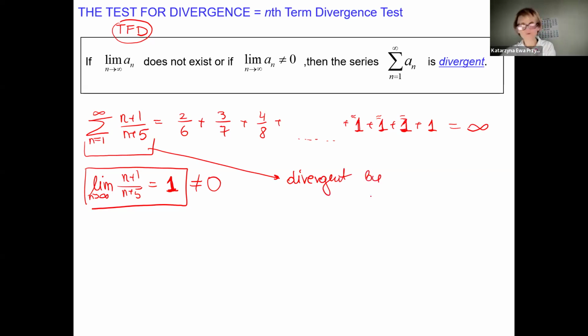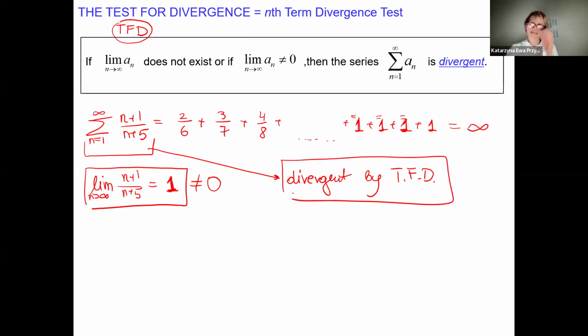And now we have the reason: the test for divergence, or we can say the n-term divergence test. Okay, please remember, that's where the 1 goes. We also know,